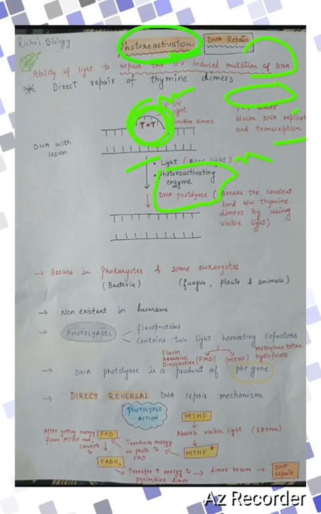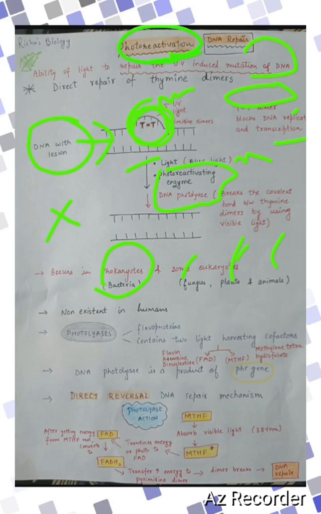Now you can see here the DNA with a lesion. Now here is the corrected form, there is no lesion here. So the TT dimer is corrected with the help of this photoreactivation mechanism. Where does it occur? It occurs in prokaryotes, like bacteria. It occurs in some eukaryotes also, like fungi, plants, and animals. But it is non-existent in humans, because humans use the NER mechanism for this process.